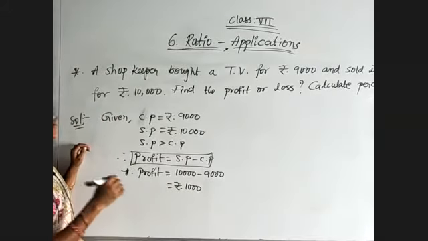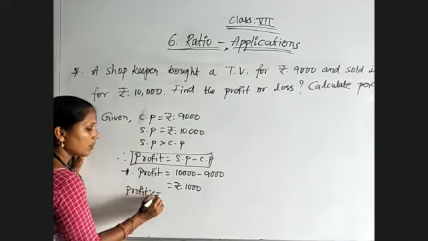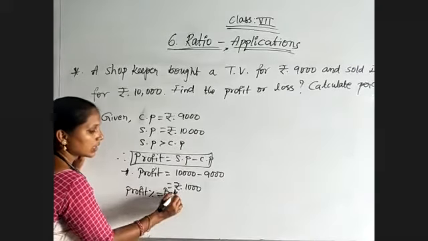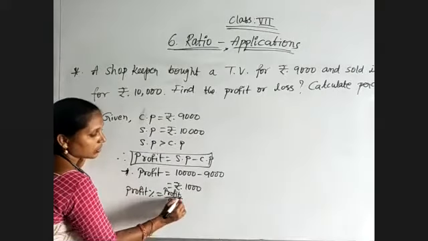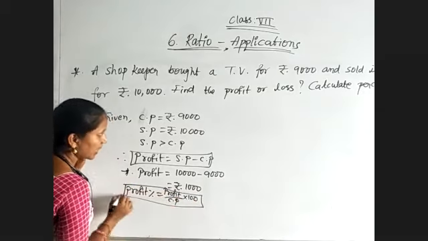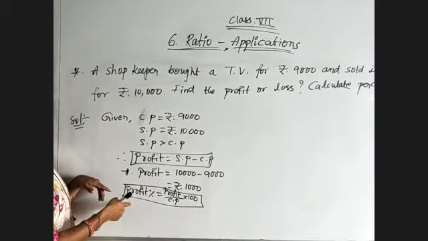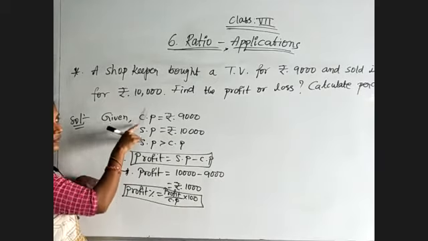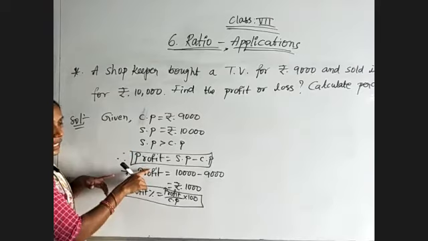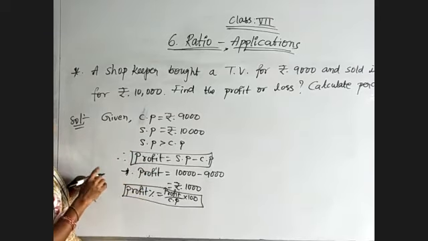They are also asking us to find the percentage. So we have the formula: profit percentage is equal to profit by CP into 100. In this question they have mentioned the CP and SP values. That's why we directly use the profit and profit percentage formulas. If any one thing is missing and they give profit or profit percent instead, then we need to use the remaining formulas.